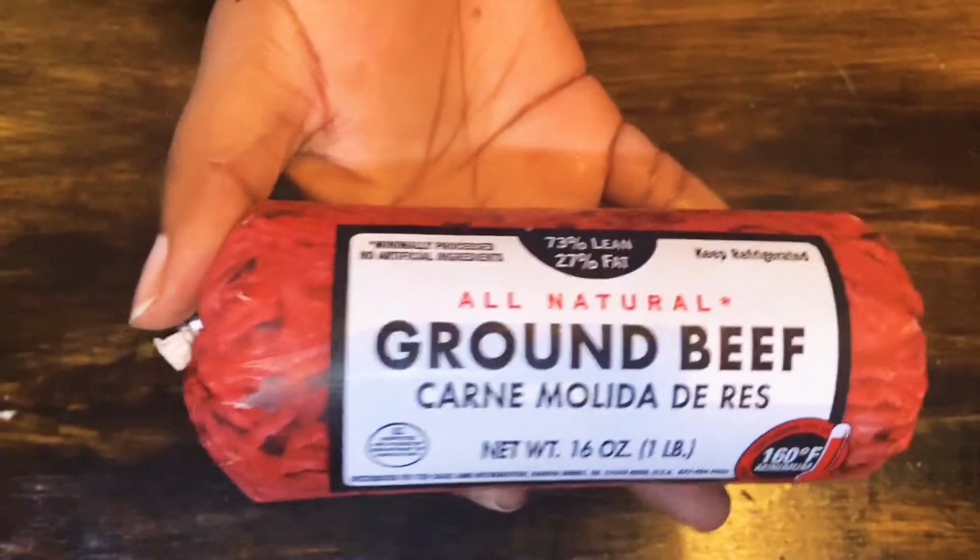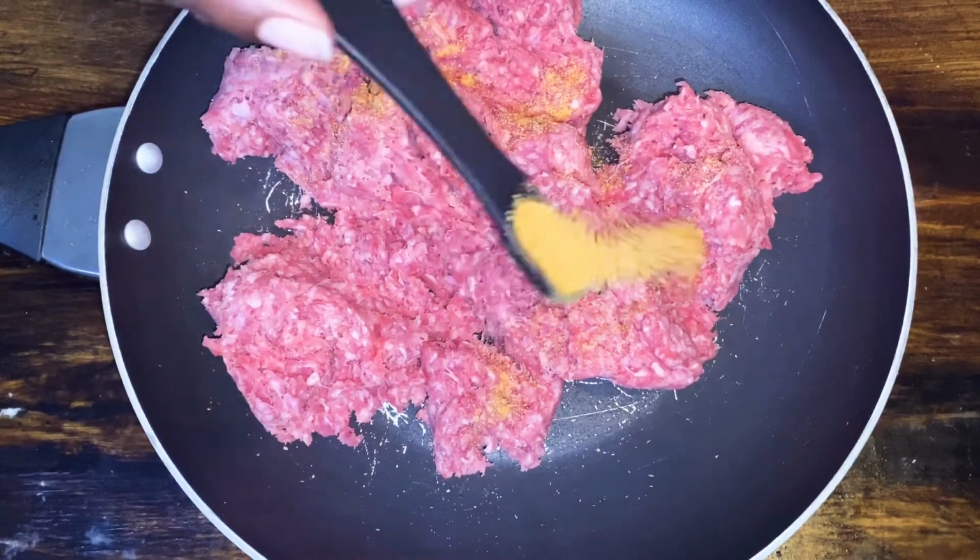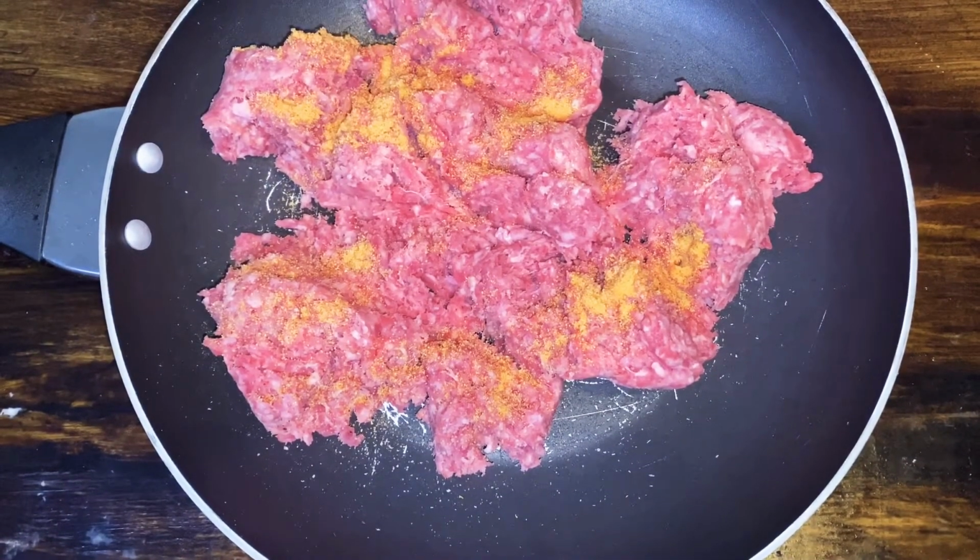Okay, let's make some chili. So I'm going to use some Italian sausage and ground beef. I love mixing those together. So I put in 1 pound of ground beef in my skillet. I'm adding in a ½ teaspoon of seasoned salt,